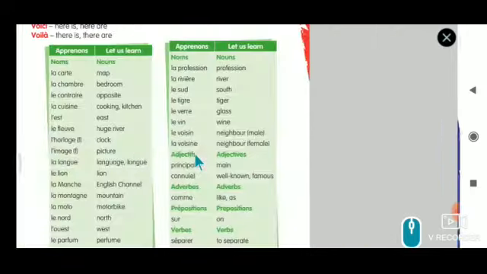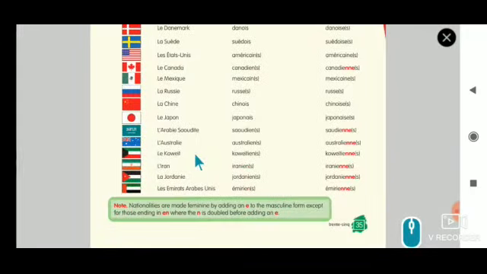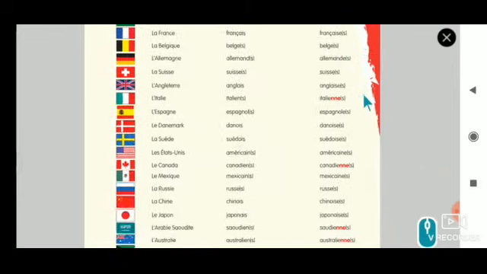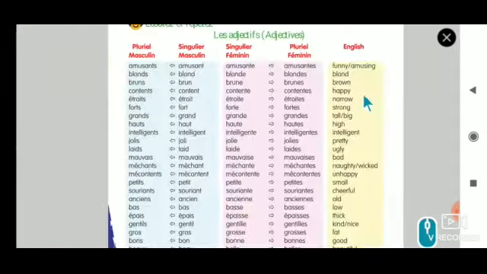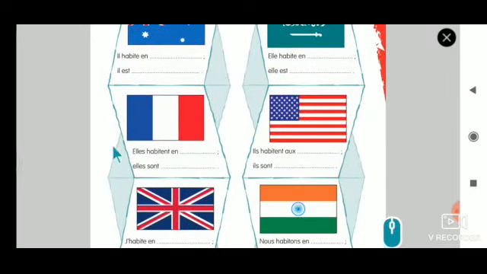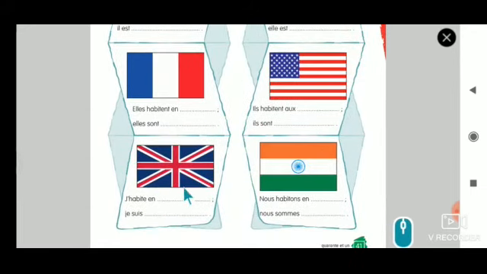Français. So let's go and check. See France, where is France? Yeah. So this is France. This is masculine, this is feminine. If it is masculine plural, no need to add anything here, but if it is feminine plural, we have to add E and an S to make it feminine plural. Okay? So what is the thing that you have to add here? Française, Françaises. So that will be the answer, and hope everyone knows this.